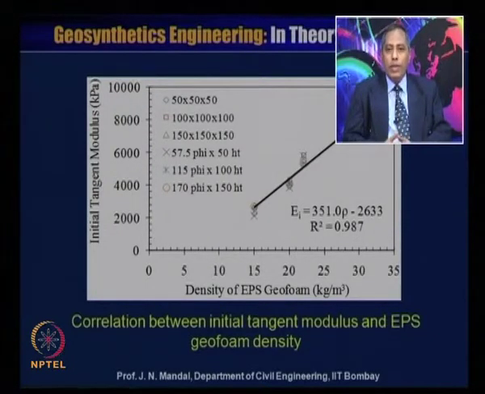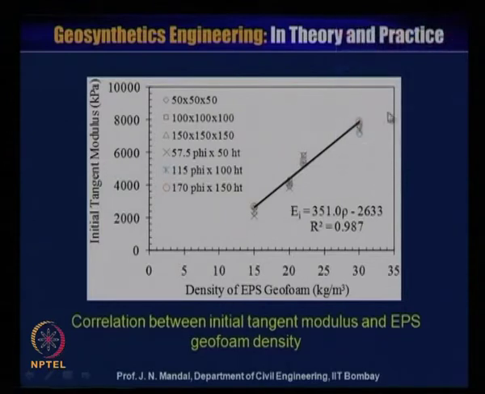So, all these samples, either cylindrical or cubical, give a curve like this. You can see the points here, here, here and here. So, you can have a correlation between the initial tangent modulus and the density of the expanded polystyrene geofoam material,